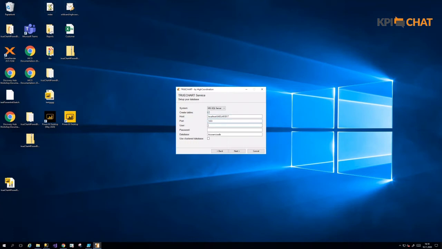Then you also need the SQL user. This needs to be an SQL user. I just created a TrueChat admin for that. Also put in the password information, and especially important, the database name. Now, if you go next,